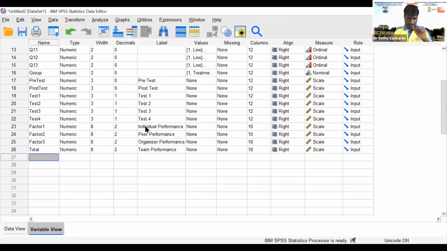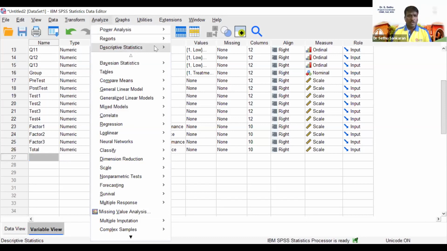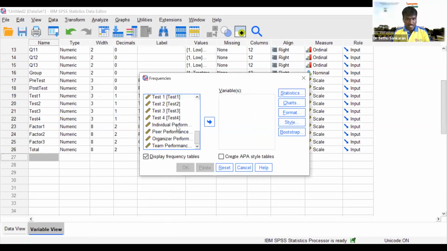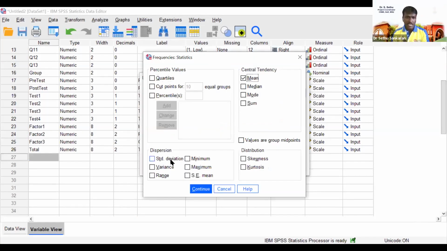Now I am going to explain how we can do that. For that I need the mean and standard deviation of these 4 factors. So go to frequencies, move individual performance to team performance into the variable box. In Statistics, I need mean and standard deviation.